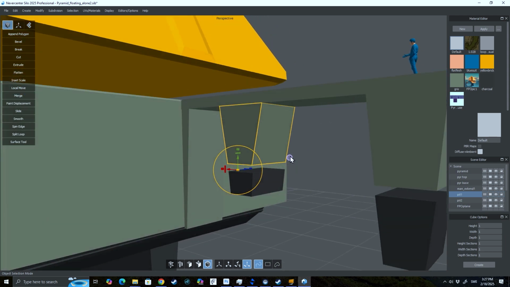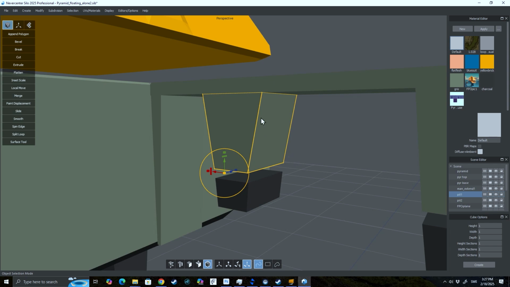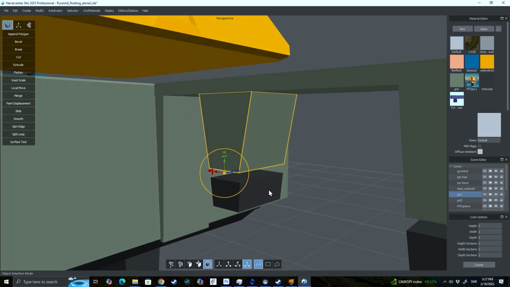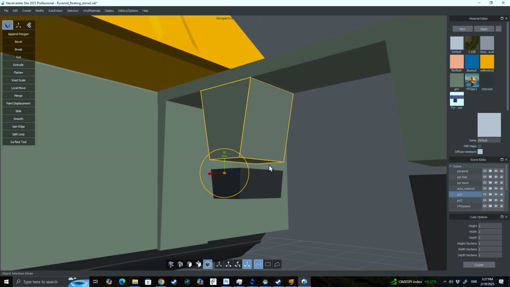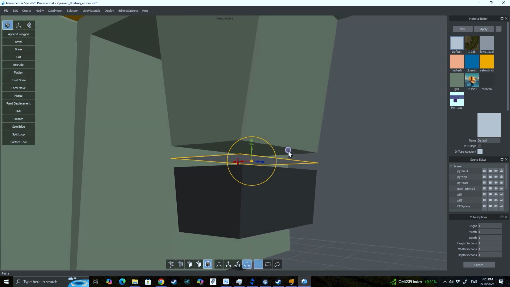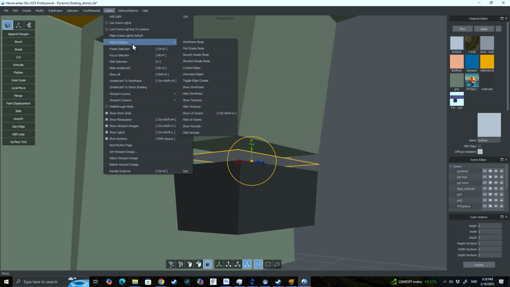But if you look at this object right here, I can show how you can use one object to create another. In this case, I've got an object, and it's just a modified cube. If I wanted to make this piece right here, I could do it in a couple of different ways. I could either cut this and then separate the portions, or I could just start with a face, and that's what I did here. I just used Command Cut and Command Paste. And you do want to make sure as you're working on content like this that your normals, which are basically the imaginary line that faces outward from any object or faces on an object,